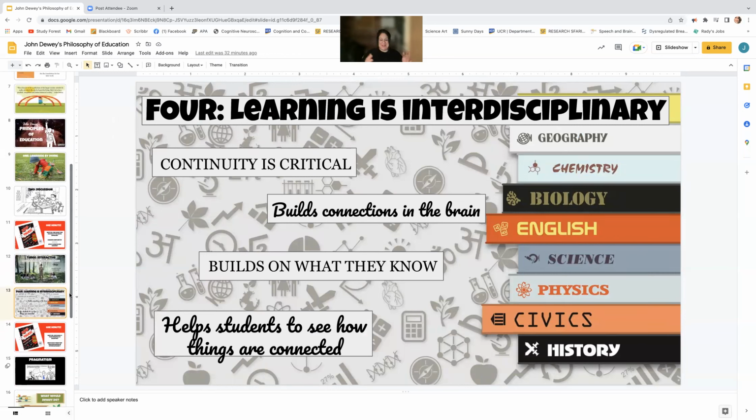So the fourth one is learning is interdisciplinary. What does this mean? Okay. He really felt that continuity across subject matter was critical for learning. So let me explain what this means. So he really loved the idea. He gave ideas of,